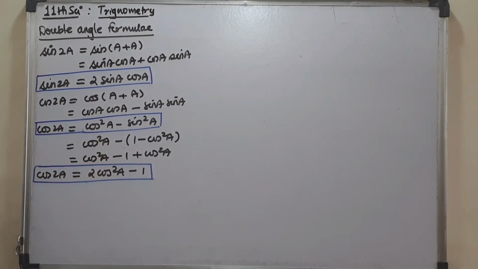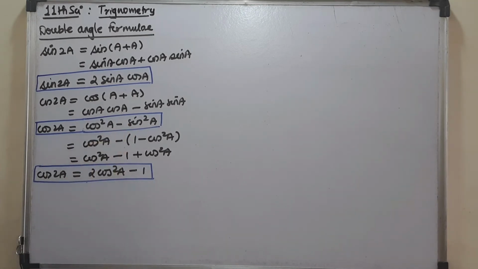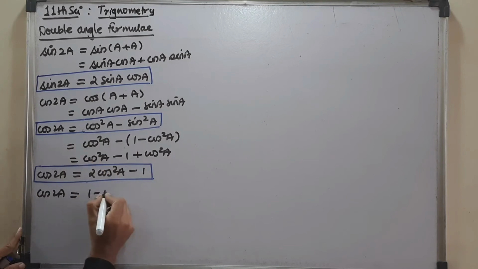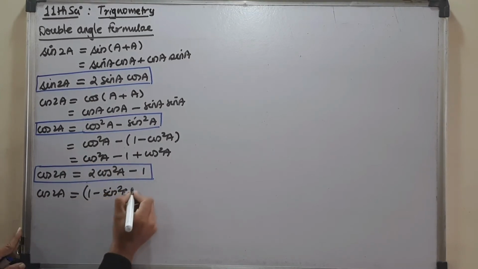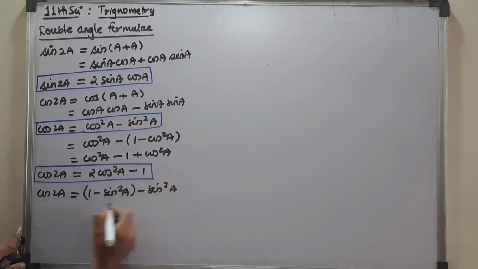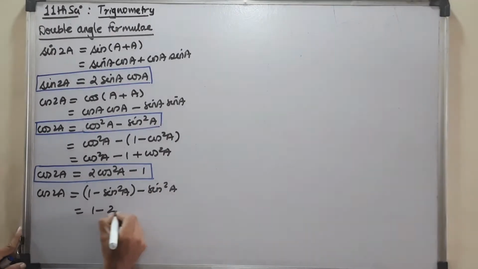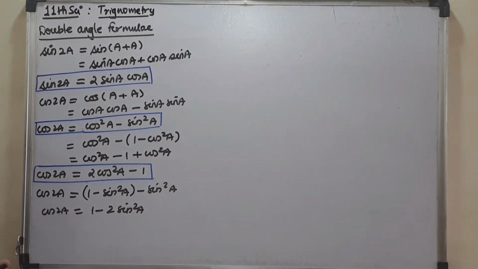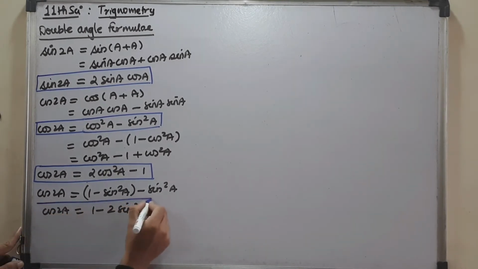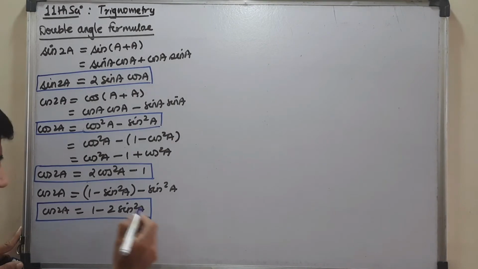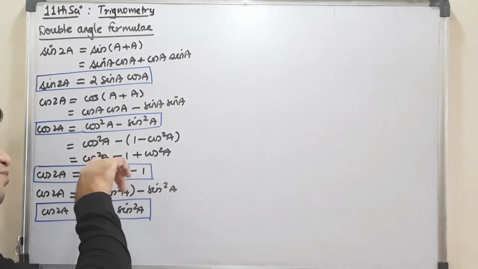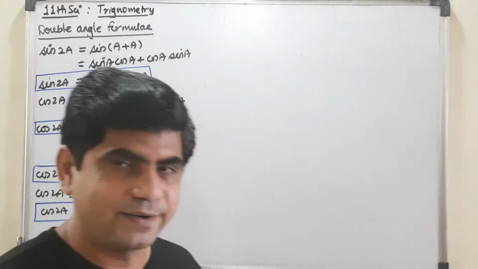Now I made the change over here for sine, right? Could I make it for cos? So it is 1 minus sine square A minus sine square A. So it becomes 1 minus sine square A minus 2 sine square A, correct? That is again cos 2A. Very well, I have got the 3 formulas for cos 2A. They are in the form of both cos and sine, individual cos and individual sine, remember, okay?